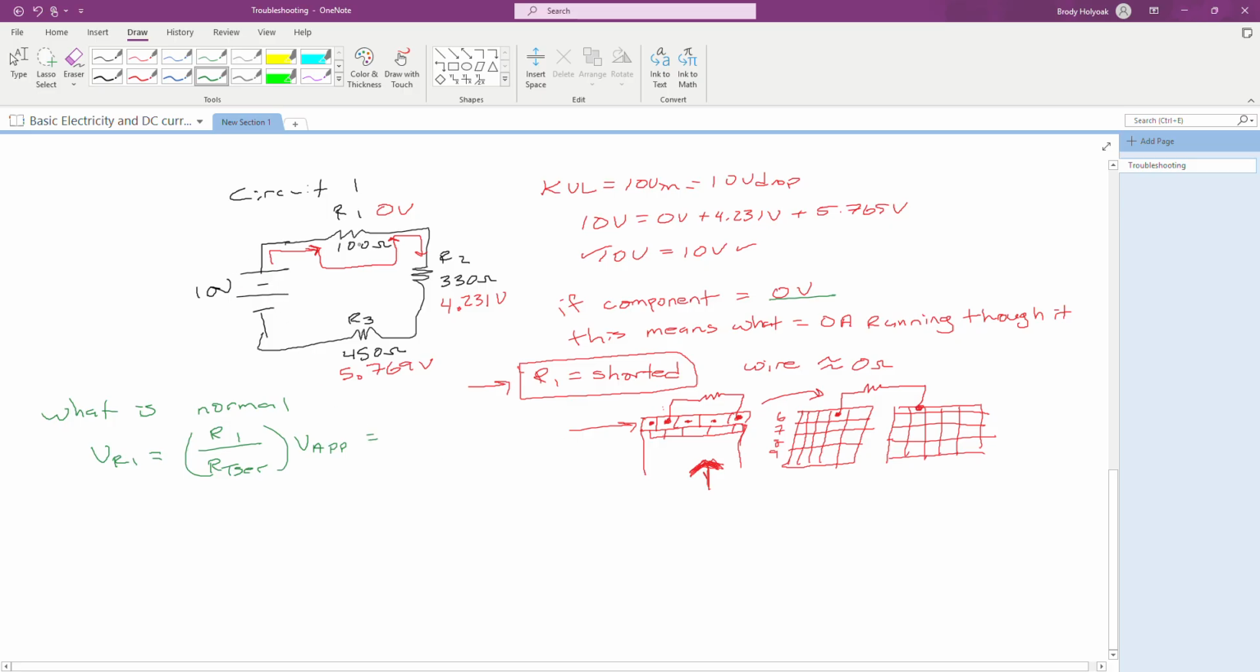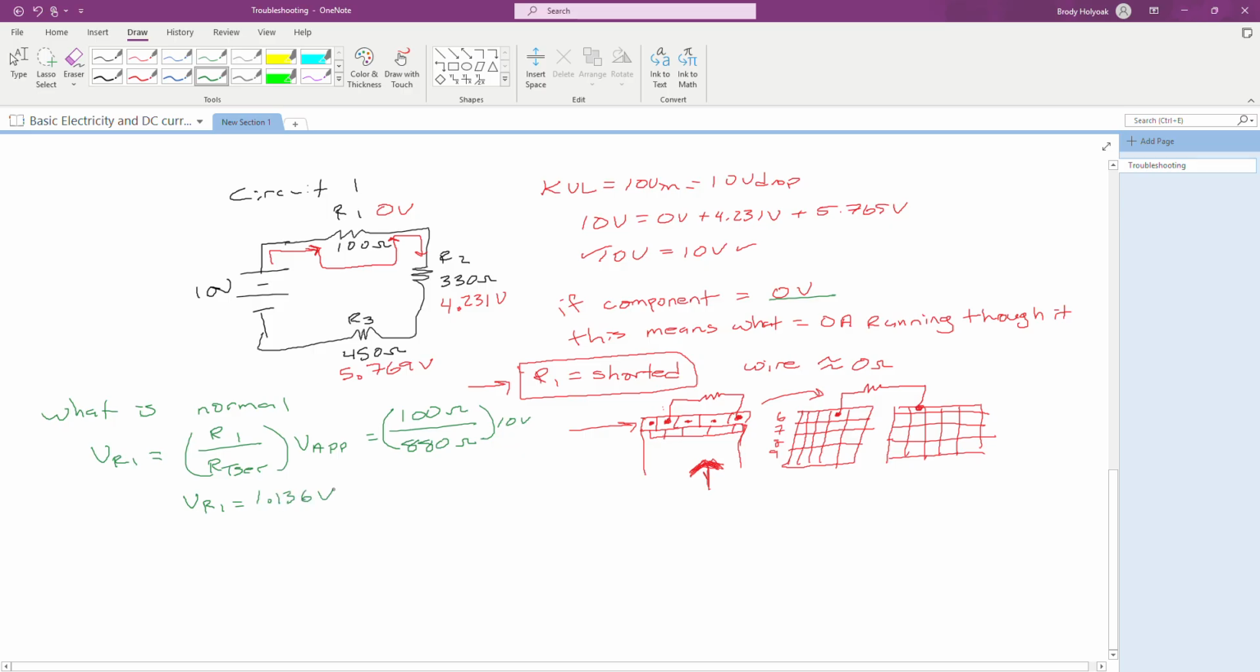Okay, and in this case, the 10 volts is being applied to this whole circuit. So I'm going to get 100 ohms divided by, I've got 100 plus 450, that gives me 550. 550 plus 330 is going to give me 880. So I'm looking at just R1, 100 ohms over the 880, and I have my 10 volts applied. So when I run through that calculation, what I'm going to get is the voltage of R1 should be